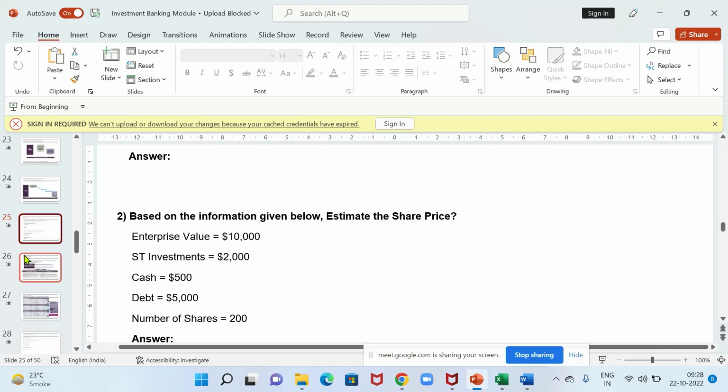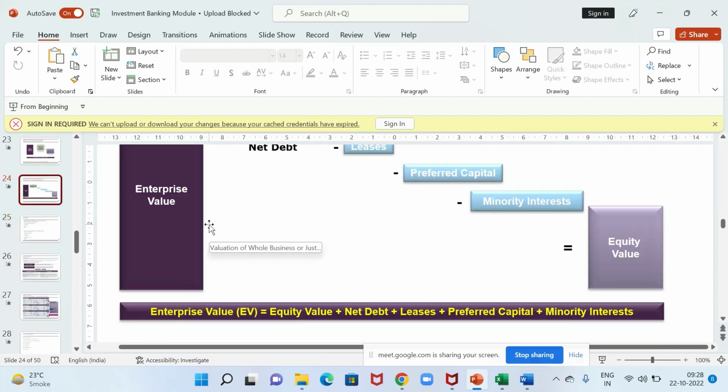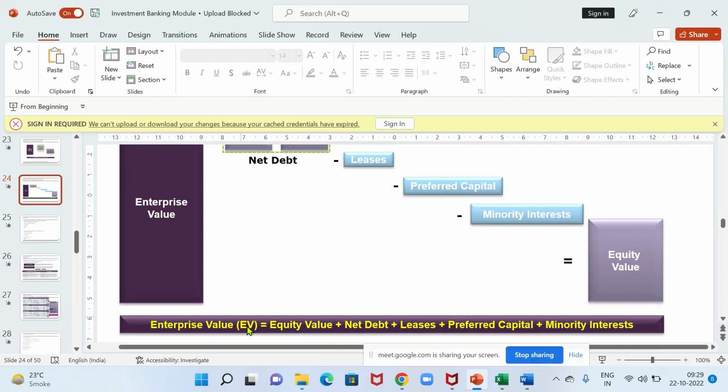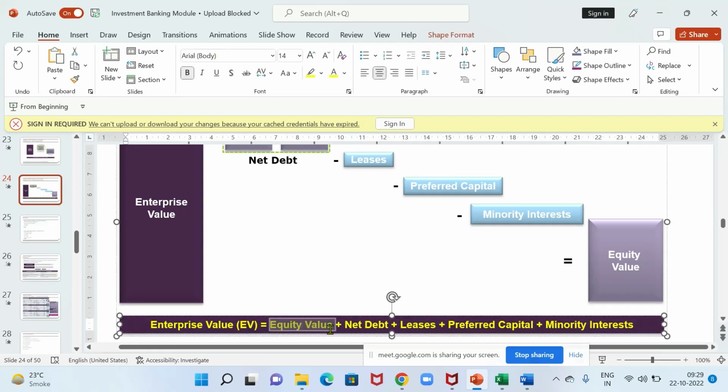Sir, in enterprise value, we just calculate or we understand that it is the total number of shares into price. So it is treated as an enterprise value, no? Can you please repeat that question once more? If we have to calculate the enterprise value, we have to calculate through number of outstanding shares into price. So it is assumed that it is an enterprise value. Am I correct or not? It is equity value. It is market cap, right? Yes, sir.